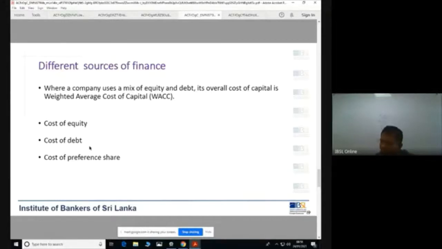Bonus issue, correct or wrong? It's wrong. By issuing bonus shares, the company does not get any cash. Only the reserve movement. From reserves it goes to share capital. Now reserves and the share capital are on the same side, right? Now you saw previously the balance sheet. Only the location changes.